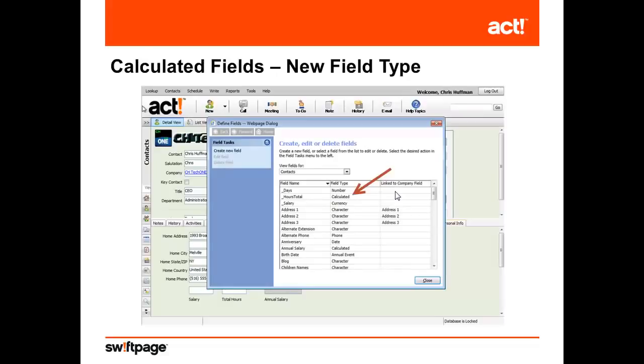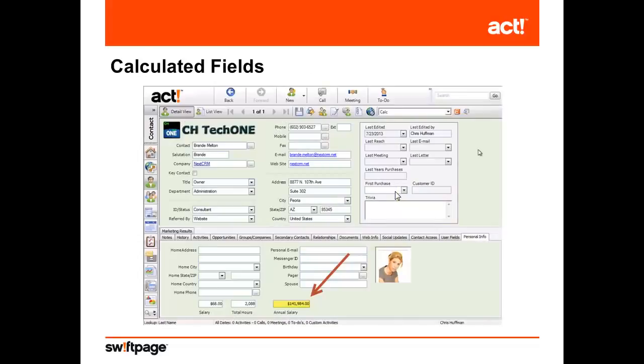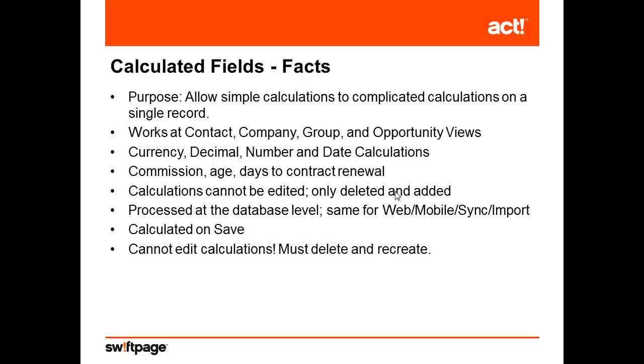Calculated fields are a new field type that's available in Act version 16. They can do numeric and date calculations. So we can add a field to our layout which will automatically add numbers together from the different numeric types that we have in Act. Or we can do date calculations such as how many days or years until or after a specific date. This works on the contact, company, group, and opportunity view, and we can work with currency, decimal, number, and date